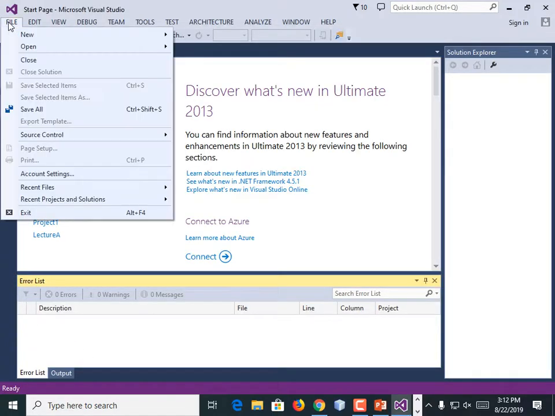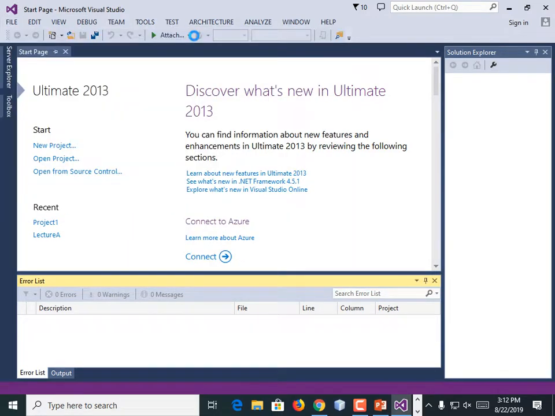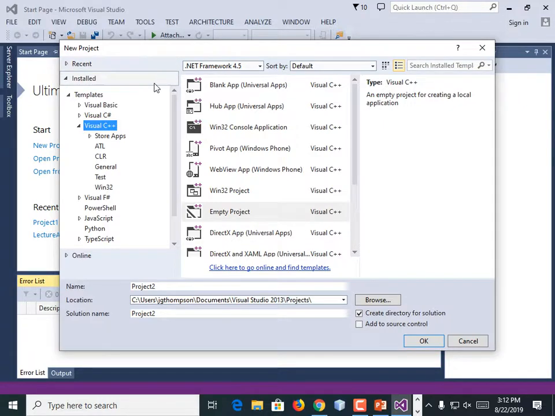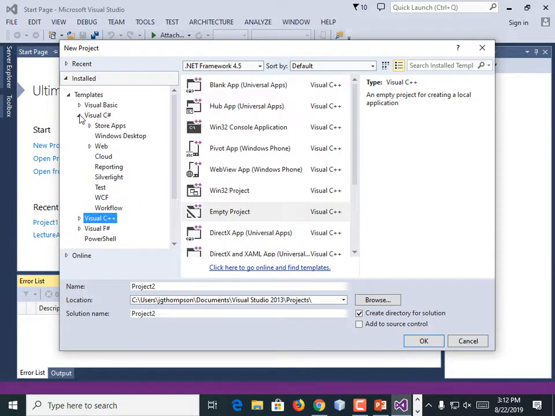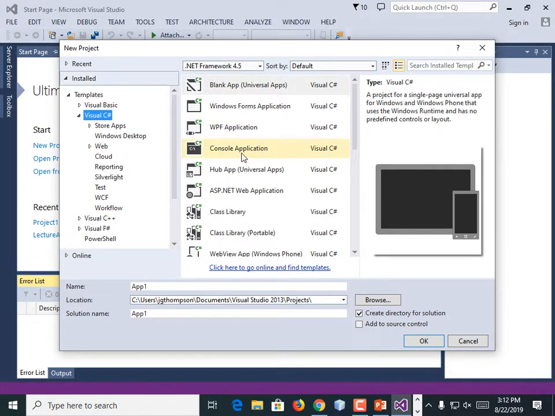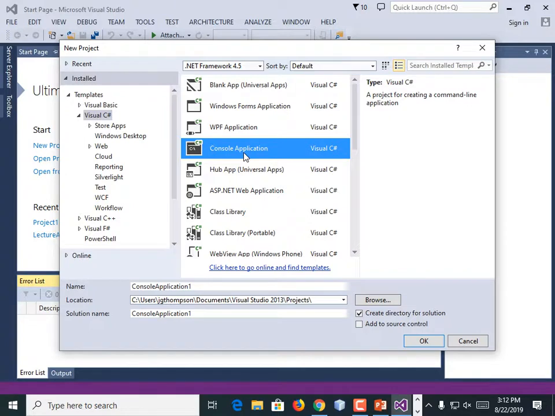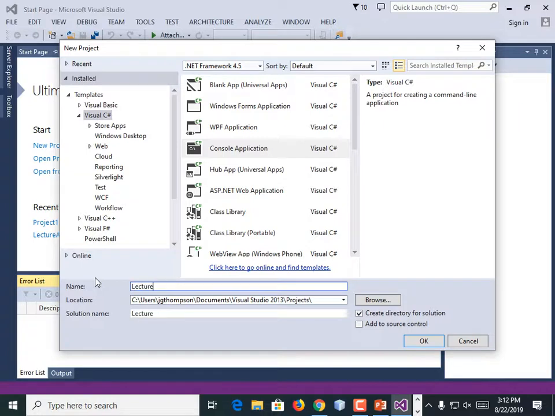What am I going to do? I'm going to do File, New, Project. And it needs to be a C# project, so hopefully you chose C# among your install options. Specifically, I want it to be a console application, meaning it just runs in a good old black and white text window. And I feel like giving it a better name than ConsoleApplication1. I could call it Lecture A because I enumerate my lectures, if you've taken my classes before, by letter rather than number so that we can distinguish them from homework assignments. Homework 1, Homework 2, Homework 3, Lecture A, Lecture B, Lecture C.